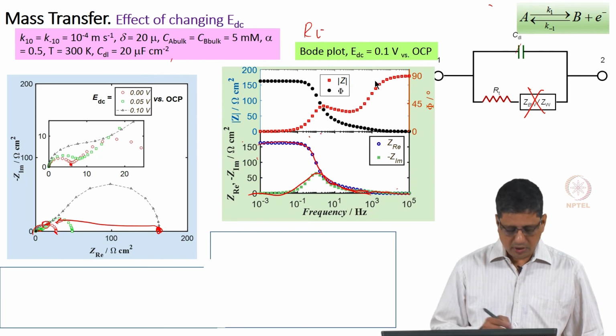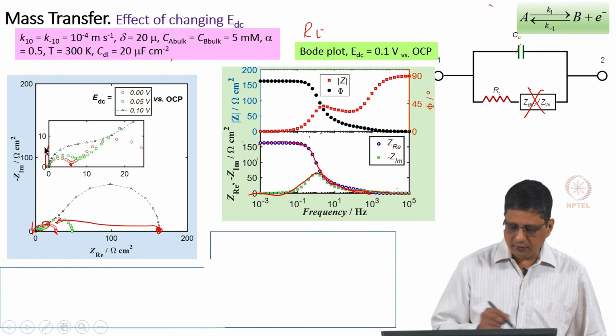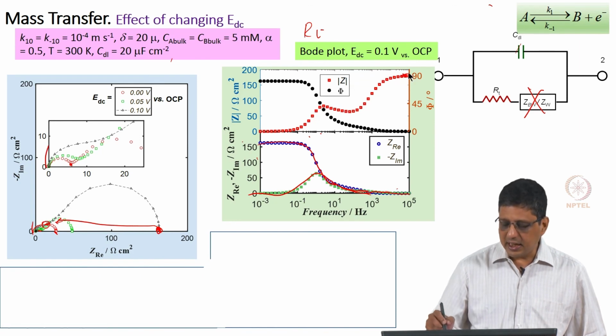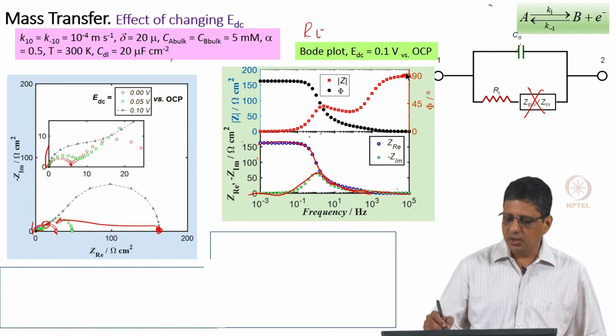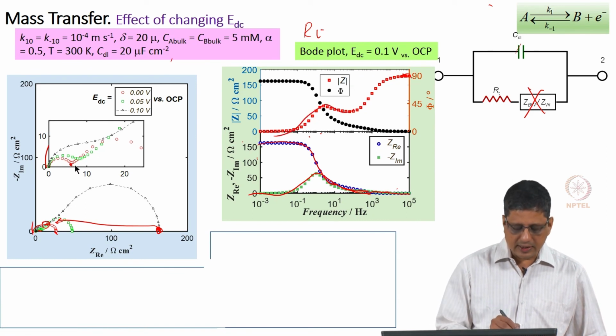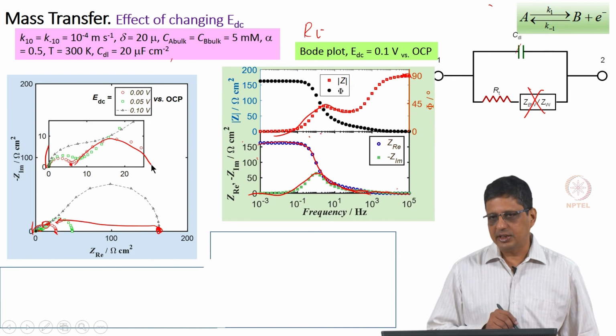This again, it is starting at 90 degrees, that means it is going vertically up. So, the phase is at 90, although when you have a solution resistance, it will start close to 0 and then it will go to 90, come down. This again shows a second peak corresponding to the mass transfer resistance here.